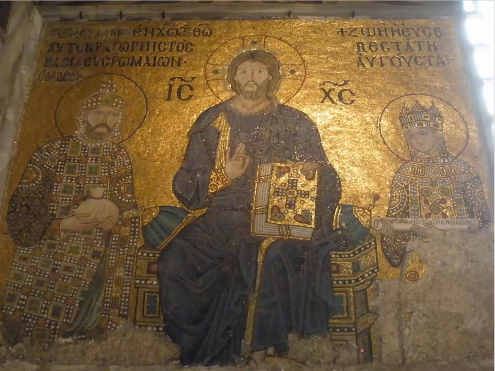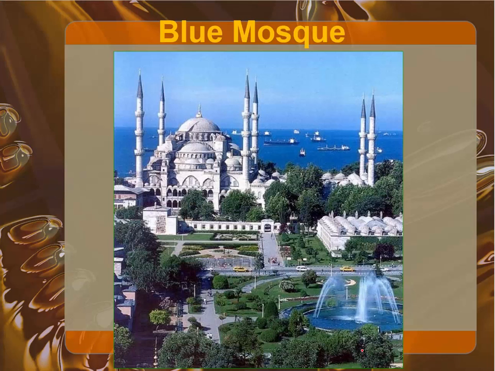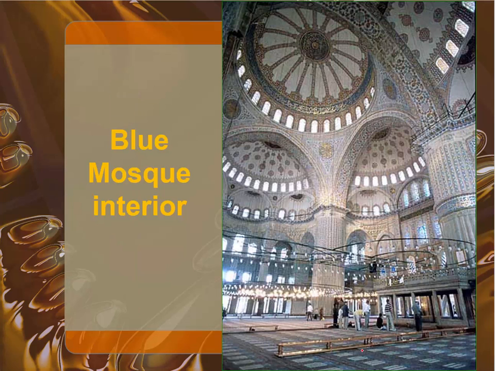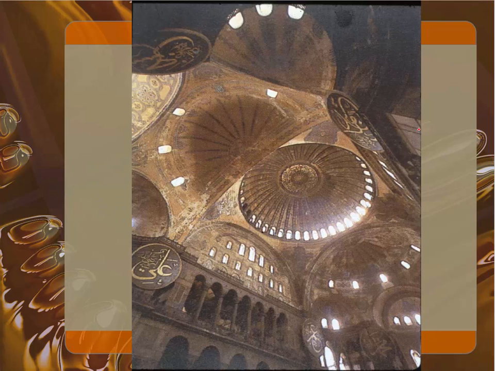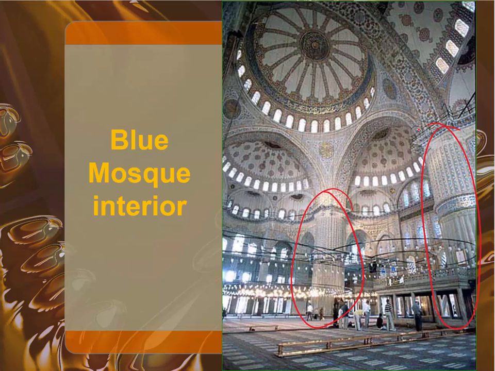This is some of the Christian mosaics that have been uncovered since the building became a museum. And then that's the Blue Mosque, which tried to mimic Hagia Sophia, but could not be as big. If you'll notice, within the Blue Mosque, they have these big, huge towers, which Hagia Sophia does not have because they could not figure out how to build the domes to support each other. In Hagia Sophia, if I go back to this picture, you can see there's no interior supports. The domes are supporting each other. And in the Blue Mosque, you have these big, huge pillars that they refer to as the elephant feet to support the weight of the domes.